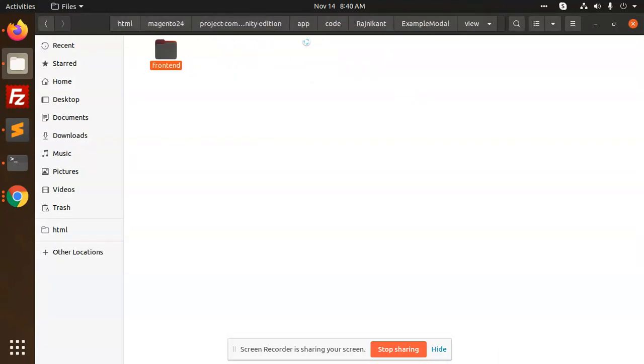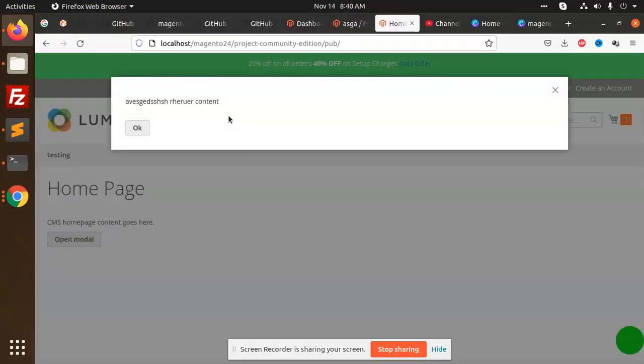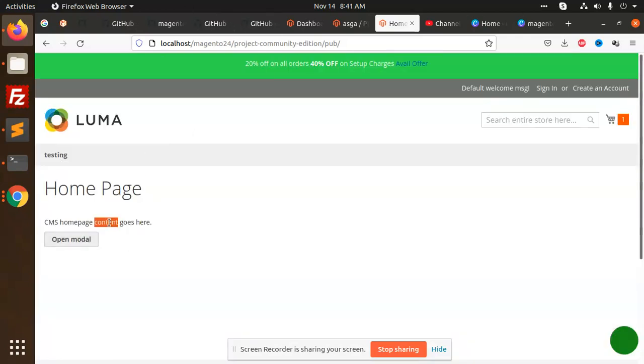We are just, I think, returning the content over here in block example.php. We are just returning the content. Okay, so whatever content we are adding here, it will reflect in this section. If we go to any bootstrap modal, it is very simple, but in this, if you want to add a modal according to the perspective of Magento, this is the way that you can add the modal or pop-up anywhere in Magento. Okay, so yeah, we have done this pop-up anywhere.